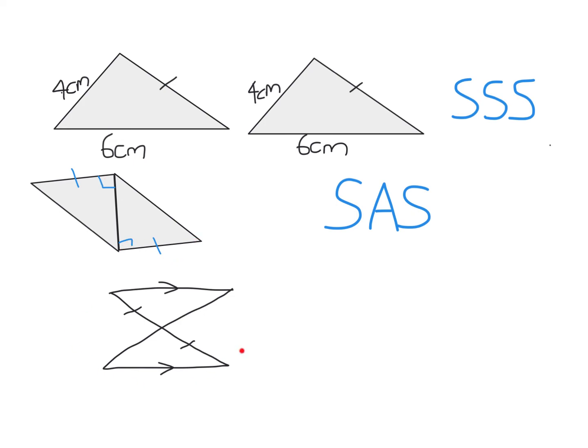Now sometimes you'll get diagrams like this where you're not given much information. All we're told here is that we have one pair of equal sides. But of course, one pair of equal sides isn't enough to determine congruence. You probably noticed for each of the four tests, there are three things: combinations of pairs of sides and pairs of angles. So what we need to do is see, are there any angles that we can state are equal? So that's why we did a review of angles earlier in this unit, so that you